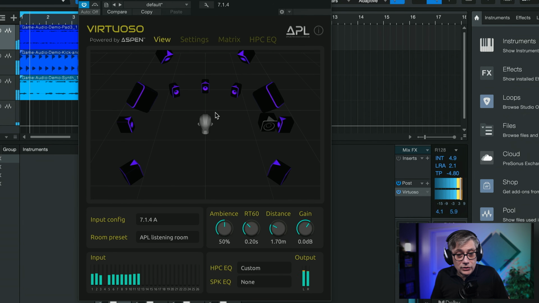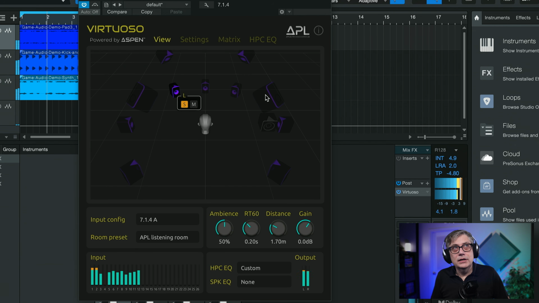And the final thing that you can do in this 3D view is you can now right-click on one of the speakers, and you can solo it, or you can mute it. Well, now I'm soloing and muting at the same time. That doesn't make a whole lot of sense. And that essentially allows you to simply check how certain speakers sound in your particular configuration. So this is actually really, really cool. A really nice update to Virtuoso that gives us a couple of additional features that I think are really useful.